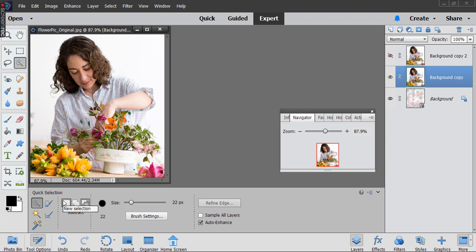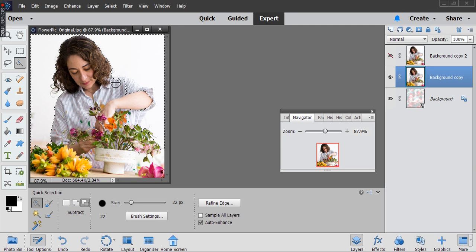Make sure that you're in new selection so you can actually select when you have that plus sign, and you can start selecting, and it should just take you right around that picture without having to do too much work. If it goes over, then just like it went there, I'm not too worried about that. I'm going to make some changes to it right now. So all I'm going to do is click on subtract selection,